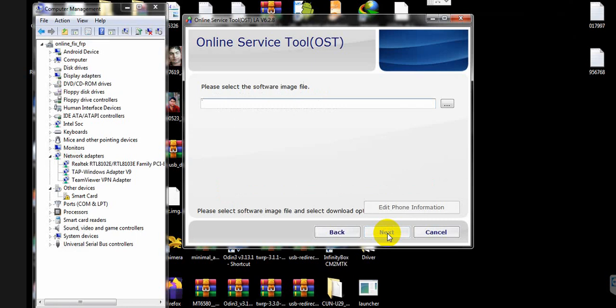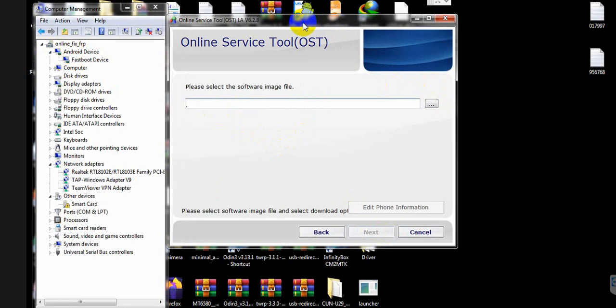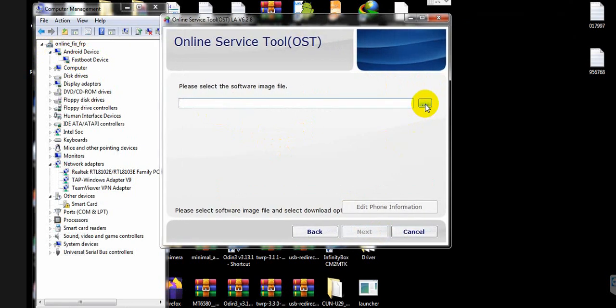Click the next button, connect the phone in download mode. Here you can see I'm connecting the phone in download mode. So first, the boot device is attached in my device manager. So now select the firmware,